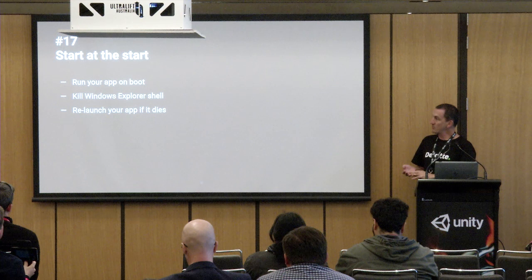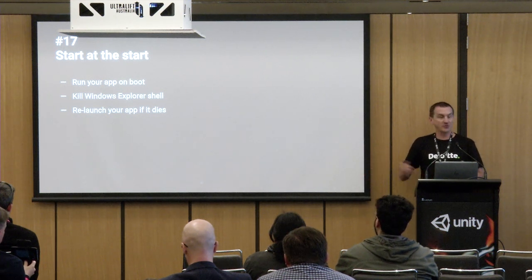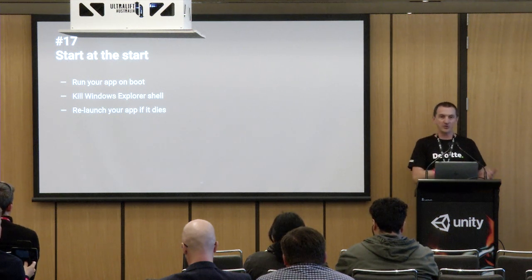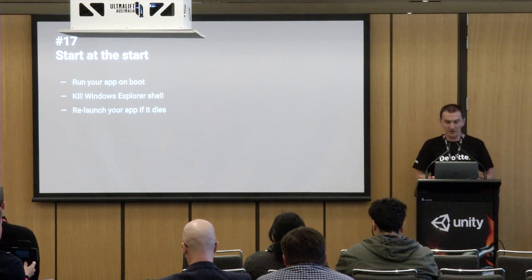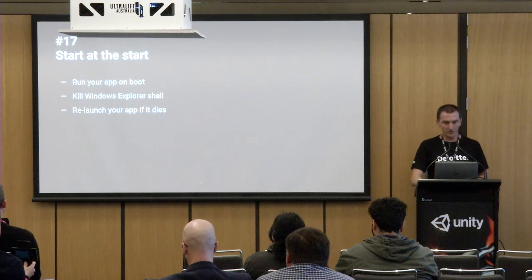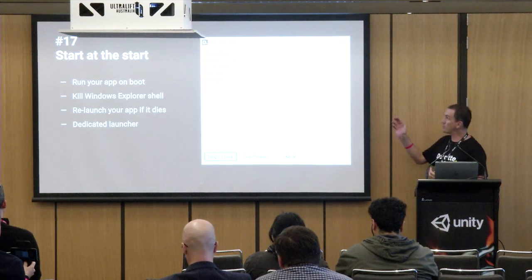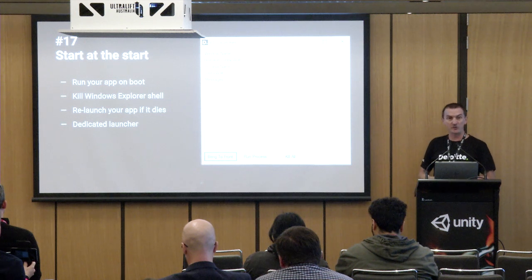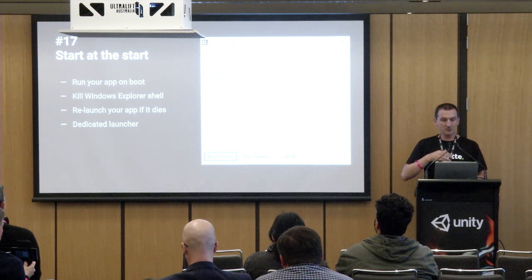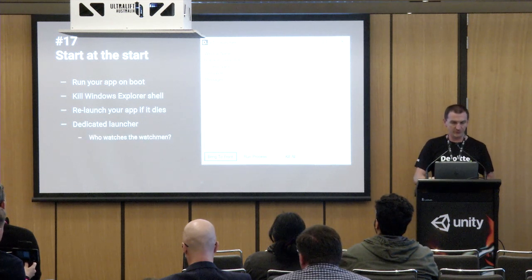One of the things that you want to be able to do is relaunch your app if it dies. For example, we showed the simple watchdog timer before, that if something went wrong, it would kill the app. This is a way that you would relaunch your app if it dies or is intentionally quit. That could be as simple as a batch file, or you could go one step further, and we have a simple Windows Forms application that its sole purpose is to keep the application running,